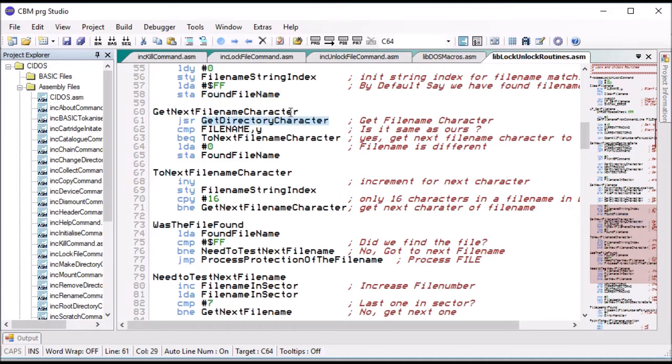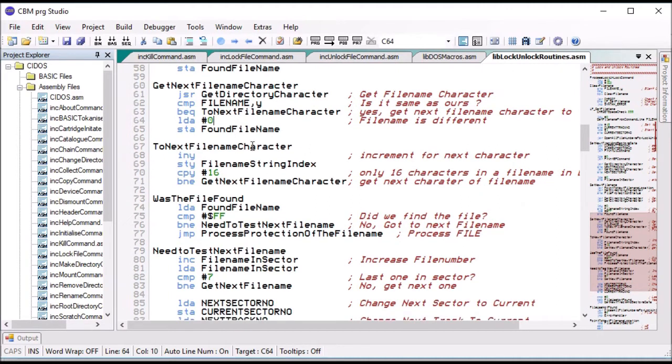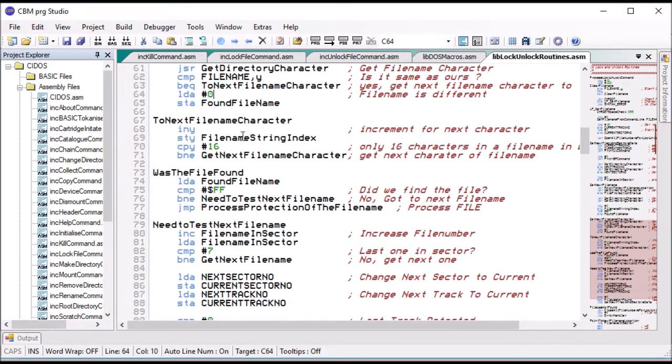So we get it, we store in FF "have we found the file", and then we run through each character and compare it with our file name. If it's equal, it goes to the next character, which is here, increases, goes back round, carries on. If it's not equal, we set our found file name to 0, which means false. Then we just carry on through the file name. Even once we've identified it's not the same one, we still have to read those bytes because they're in the disk memory. If it is the same, we carry on going, and after the 16 bytes